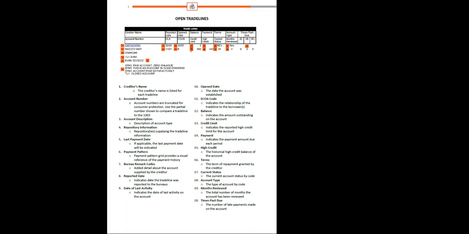Item number 5, you see the date of 1-08, and that's the actual last payment date. If applicable, the last payment date will be indicated. Something I like to bring out here is, if there is any derogatory information, which we'll see on a later example, it'll say last missed payment or late payment. And what I like to tell people, let's just say you're buying a house right now,